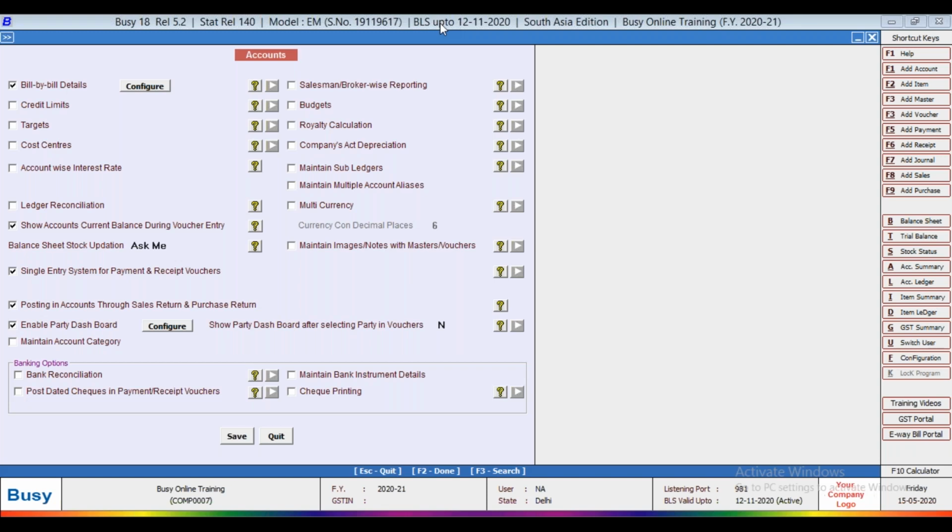If you want to maintain a single entry system for payment and receipt vouchers, then at the time of payment and receipt you only select the affected account. It will choose the debit or credit account automatically, like cash or bank. In payment mode and in receipt mode, it will automatically choose cash or bank.